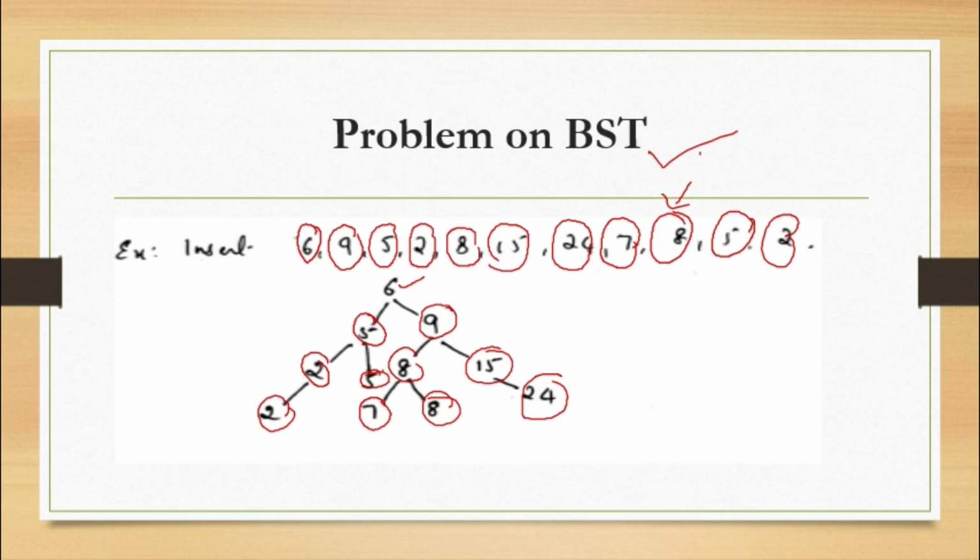Always remember that for any info of x, the data to the left of info of x should be smaller than or equal to info of x, and the data to the right should be greater than info of x. It will be equal to info of x only when you have some small number to the left, a number smaller than info of x. Only in such conditions do you put the same number into the right.